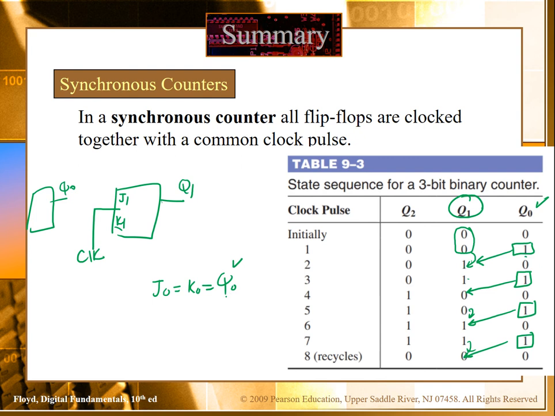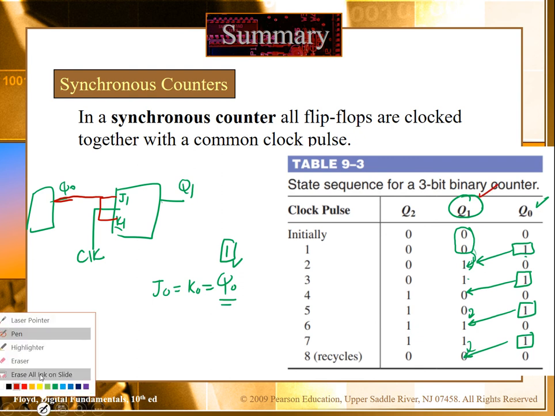Right? Input should be this one, because when this is 1, at that time the Q1 will change its state. So what we can do here is simply connect the J1 and Q1 combined to the Q0. That will be this output state implementation. Okay, now let's see the next one.